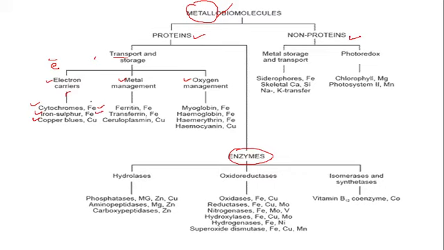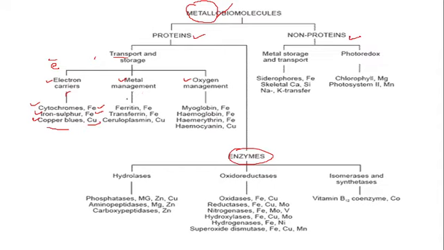The question is always asked in the examination: the cytochrome contains dash dash metal. Then which metal does the cytochrome contain? Fe. Also this FeS cluster contains Fe. And the copper blue protein, what is its function? It has the function of storage and transportation of electrons, and it contains the metal copper.